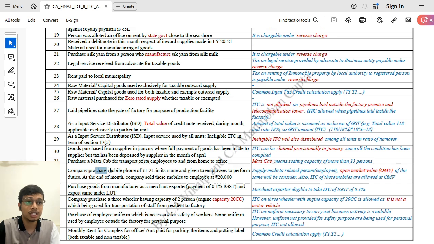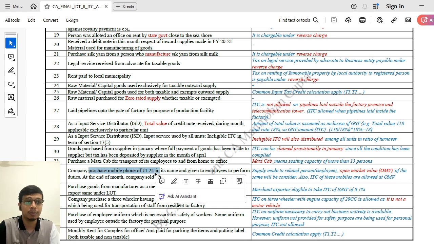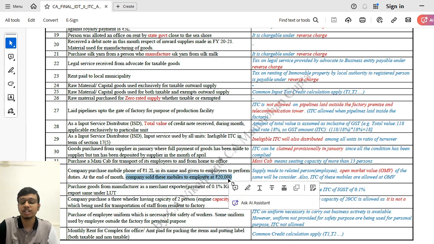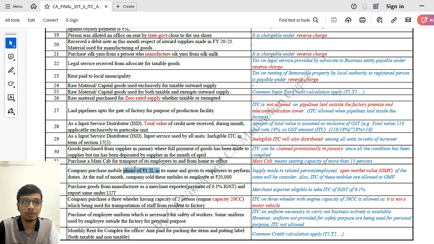नेक्स्ट, परचेज मोबाइल फोन, कंपनी ने परचेज करा मोबाइल फोन फॉर 1.2 lakh in its name and given to the employee to perform duties, but in the end of the month company sold this mobile phone at 20,000. कंपनी चाहे 20,000 की सोल्ड करे हो, बट इट इज अ केस ऑफ रिलेटेड पार्टी, सो वी हैव टू कंसीडर द ओपन मार्केट वैल्यू और उस पे हम लायबिलिटी क्रिएट करेंगे एंड आईटीसी कैन आल्सो अवेल एट 1.2 लाख। और ओपन मार्केट वैल्यू पे जो भी जीएसटी क्रिएट होगा उस पे हम आईटीसी क्लेम कर सकते हैं।